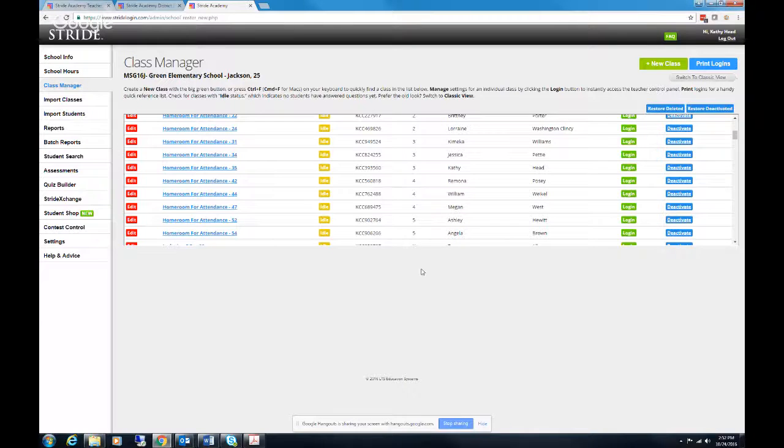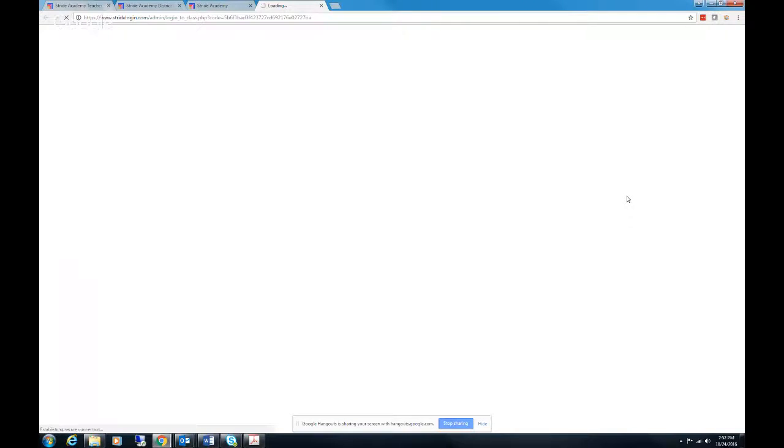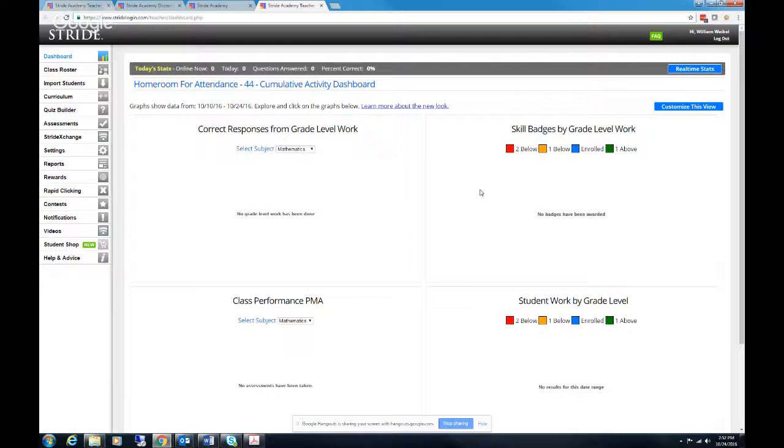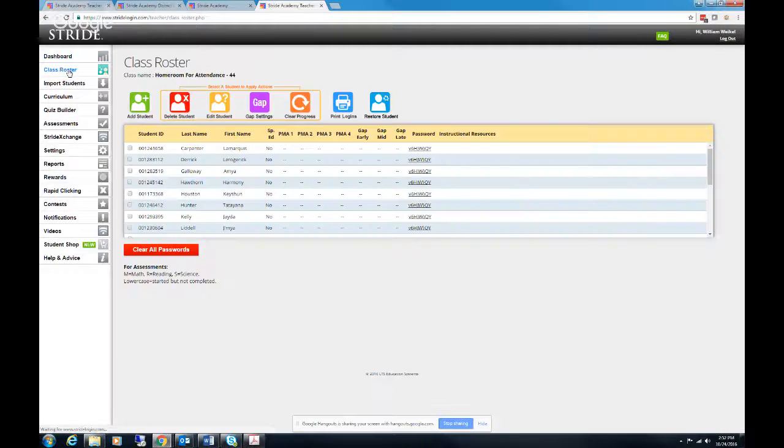So let's go ahead, and I'm going to look at one of my classes here. I'm going to look at a 4th grade class. So if I go to the 4th grade class as the teacher, remember, I'm going to hit here, and hopefully it'll load pretty quickly. Okay. Now, there are directions on the Go page so that you can print all of the goodies that you